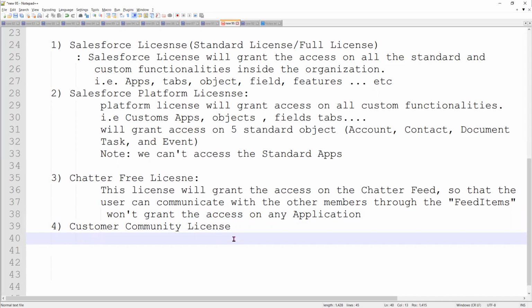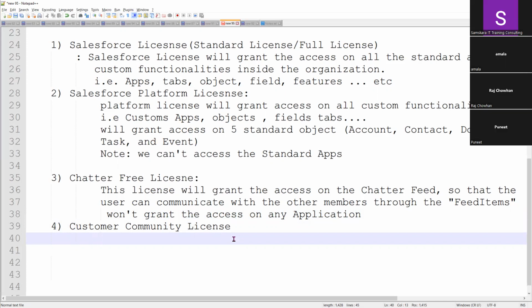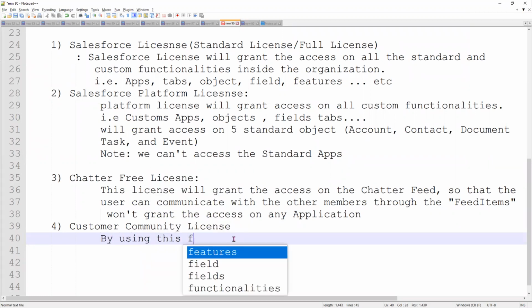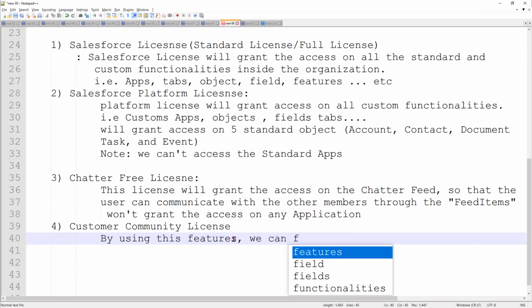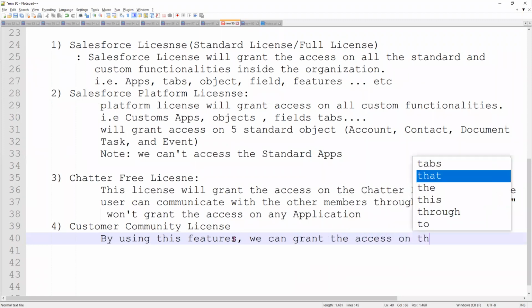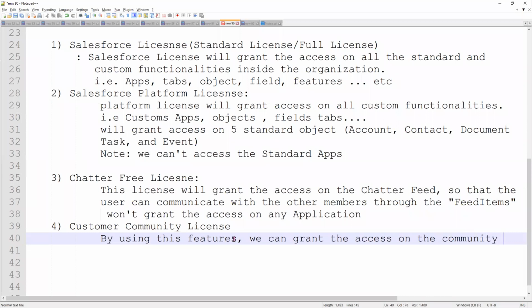So by using the customer community license, we can grant access on the community portal